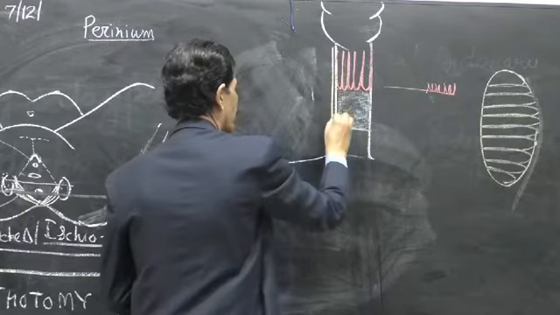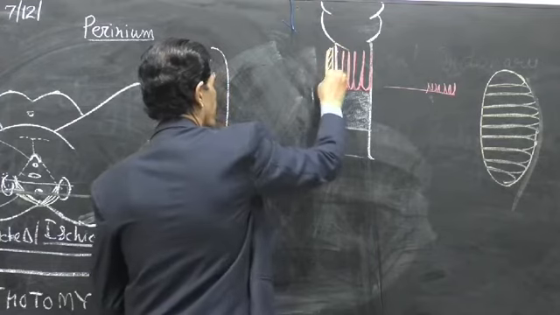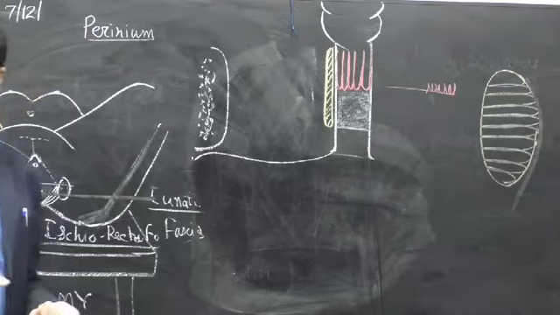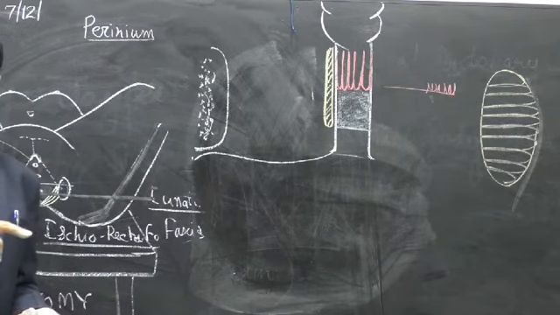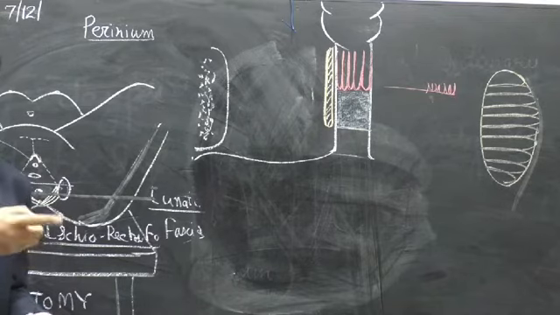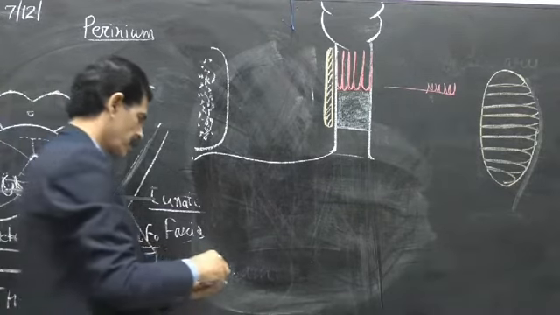The white line of Hilton shows the lower end of the internal rectal sphincter, which is involuntary, while the outer is voluntary. Both in the urinary bladder and in the rectum, remember. The inner rectal or inner urinary sphincter is involuntary, supplied by sympathetic and parasympathetic nerves. The external rectal sphincter and external urinary sphincter are voluntary because they are supplied by somatic nerves to skeletal muscle. So that is the difference.